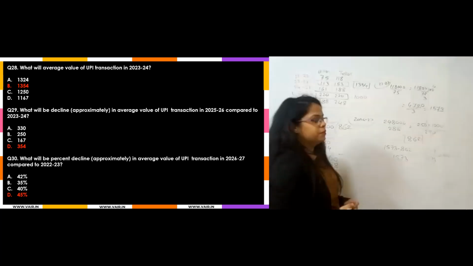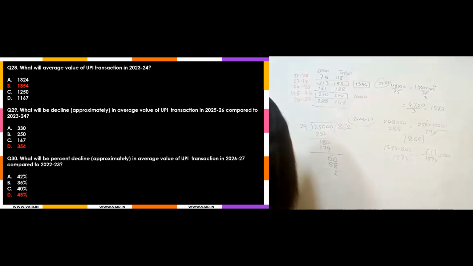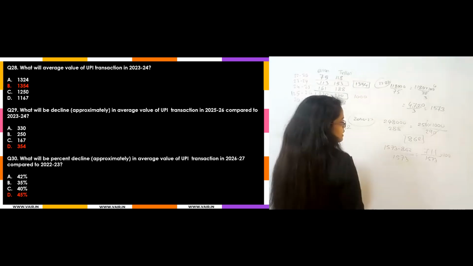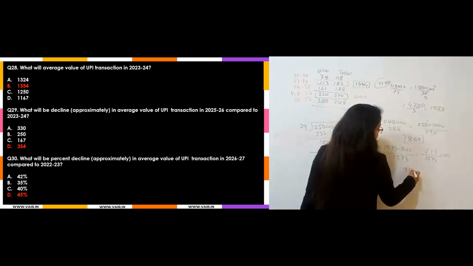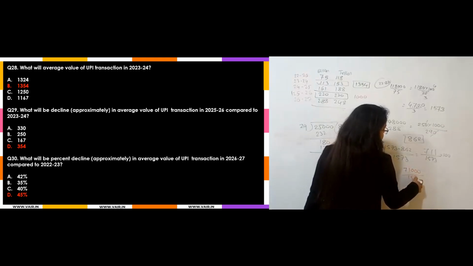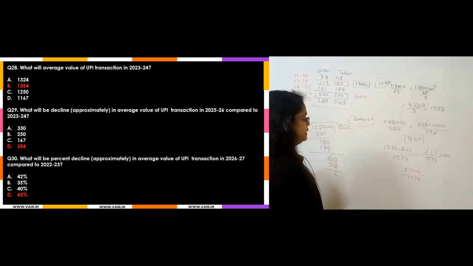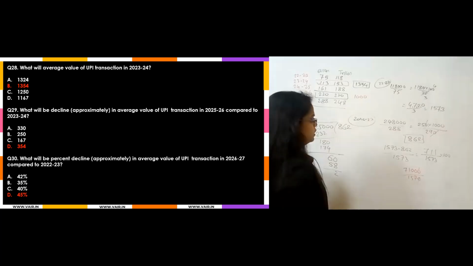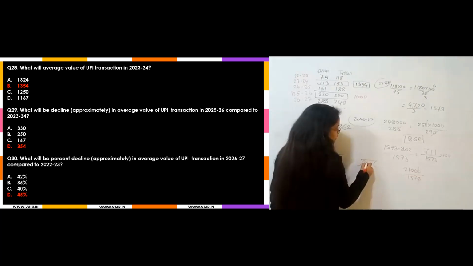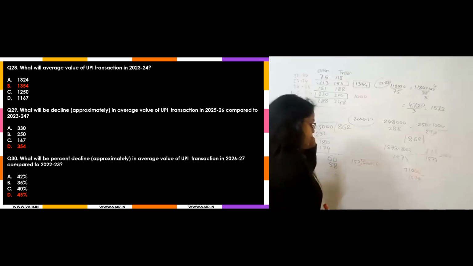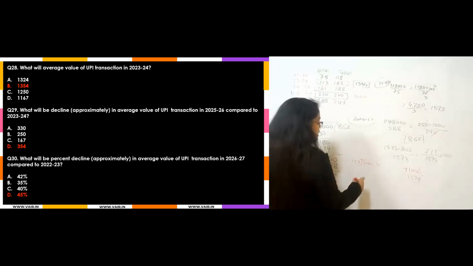Because we need it in percentage. So what will it be? Now again we will have to consider some values. If we take it as 710 and 000 divided by 1570, 0, 0 cancelled. But again, we will have to multiply. We will have to find it out. If you find it like 7100 divided by 157, 157 fours are, it will be 628.